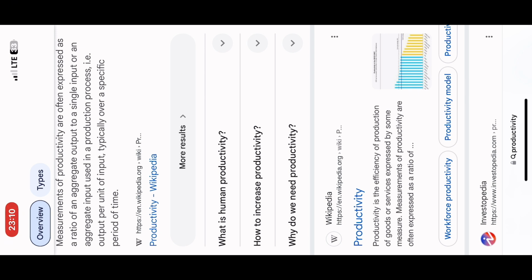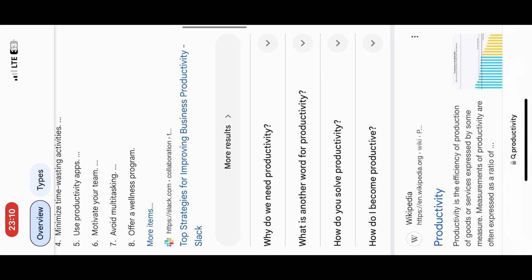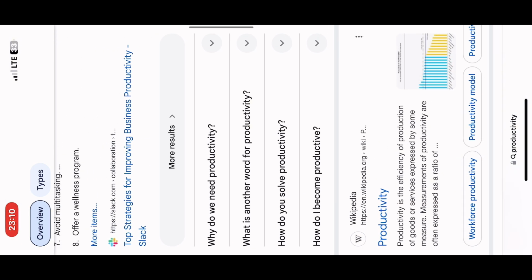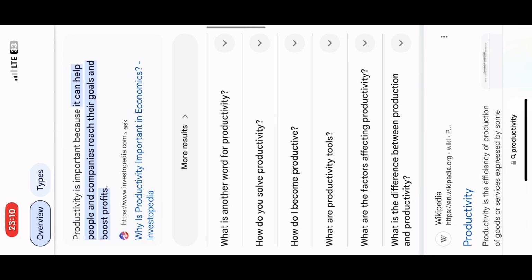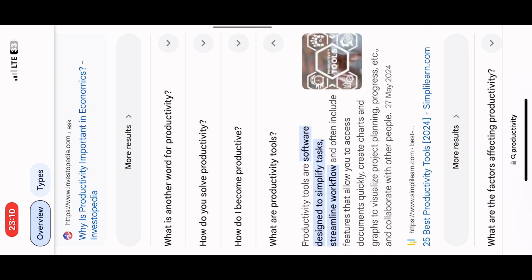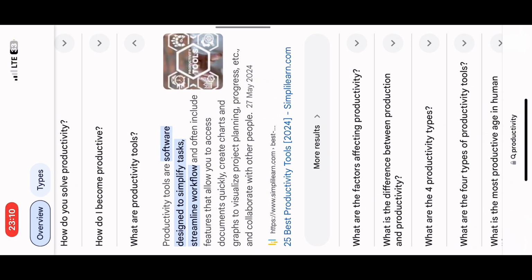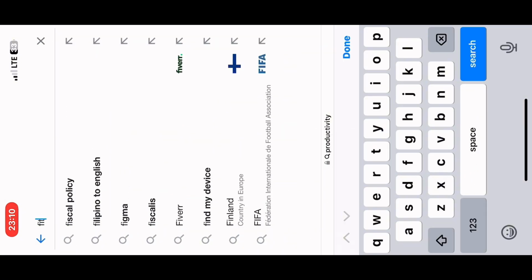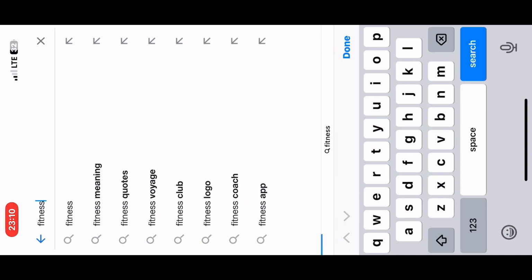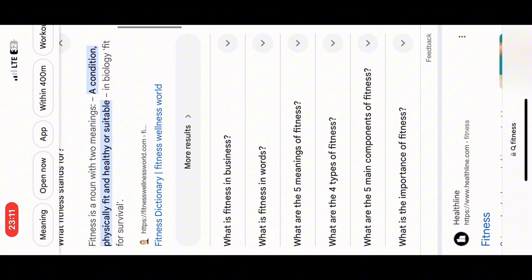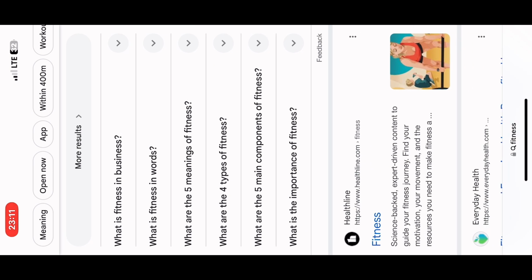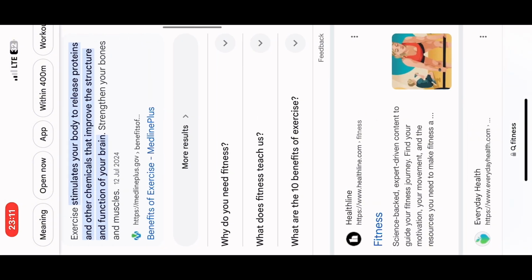How to increase productivity, and any niche is possible for this. Any niche, with any niche, you're good to go with this. I am taking my time to explain this because I don't want you to miss out on this simple trick. So let's head on and type fitness. Yeah, lots of questions will also load in, and we will choose